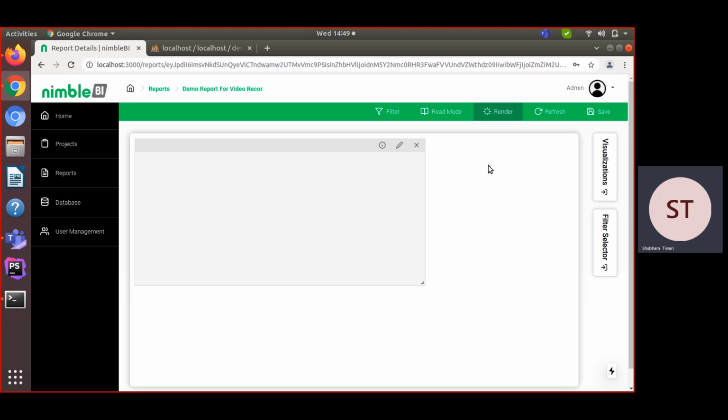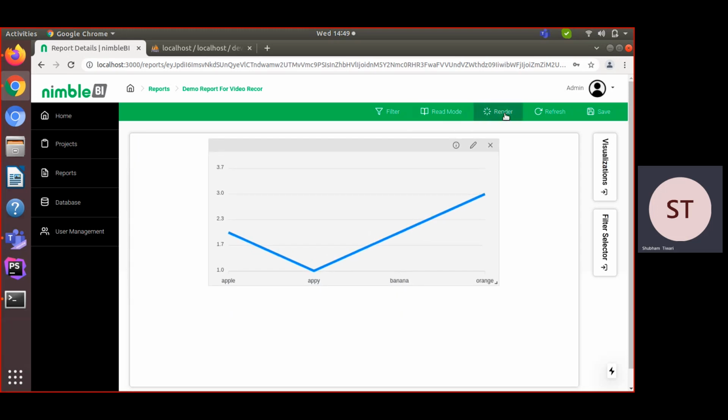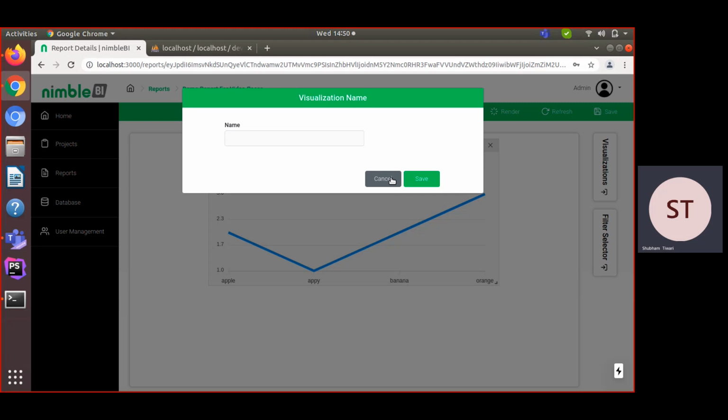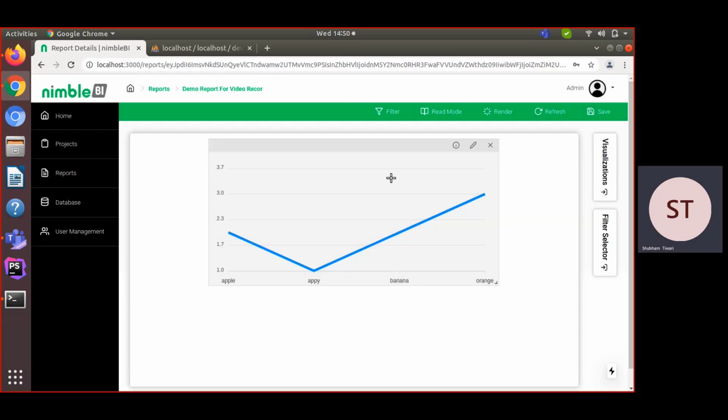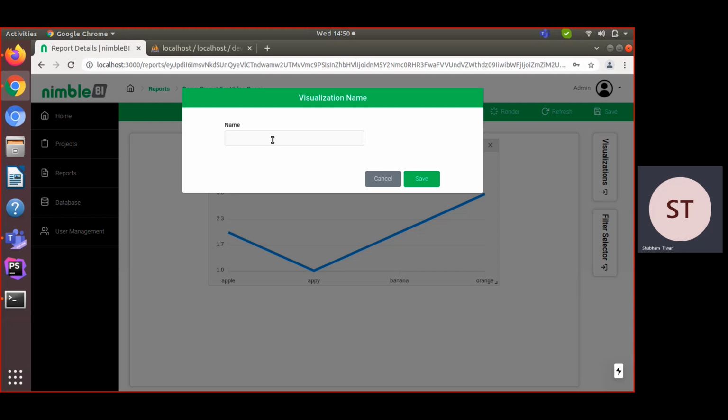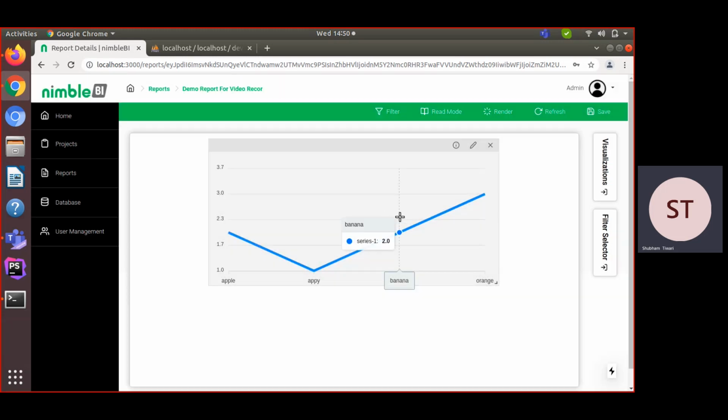After resizing, click on render, and you can also move it. And here you can enter a name. We already discussed naming of visualizations in our previous demo, so from this pop-up box you can give a specific name to the visualization.